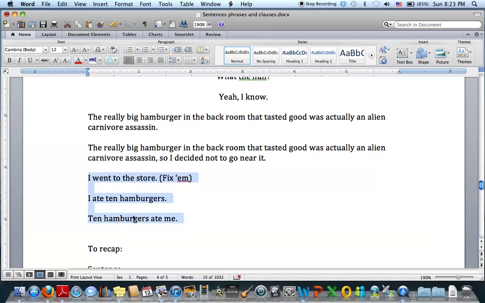I have here three simple sentences. They just consist of one independent clause each. Now, first thing we need to do if we want to turn them into compound complex is make sure that we can add all the ingredients. We need one more independent clause joined by a conjunction, and we need a dependent clause. Okay, let's try this. I went to the store. How about this? Because I was hungry, now we have ourselves a dependent clause. I went to the store. Okay.